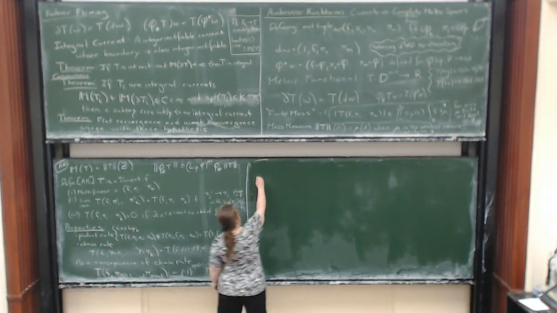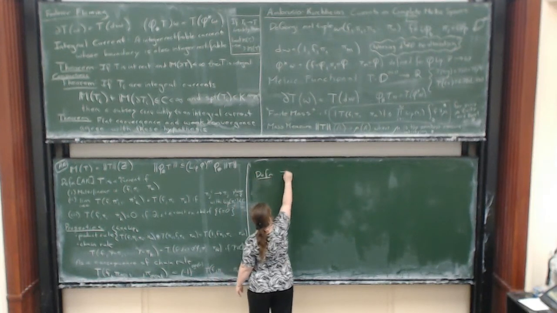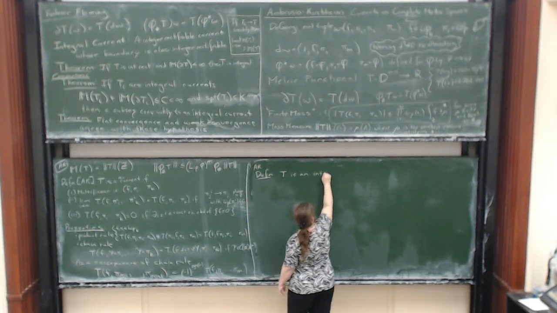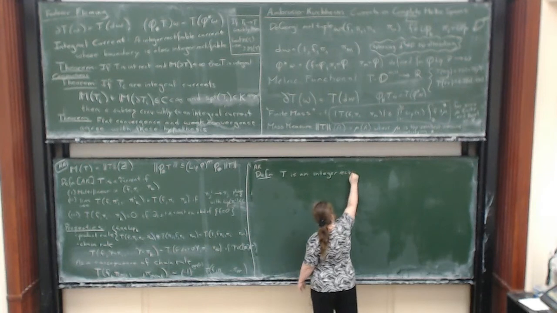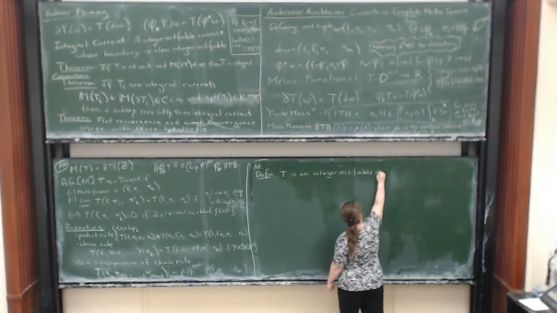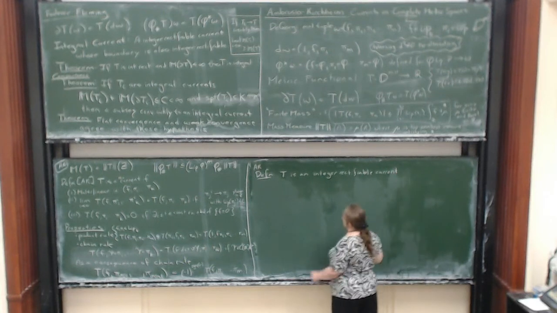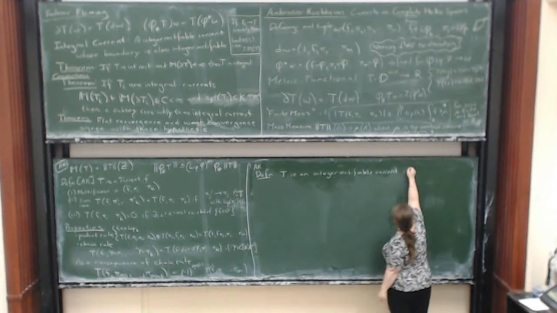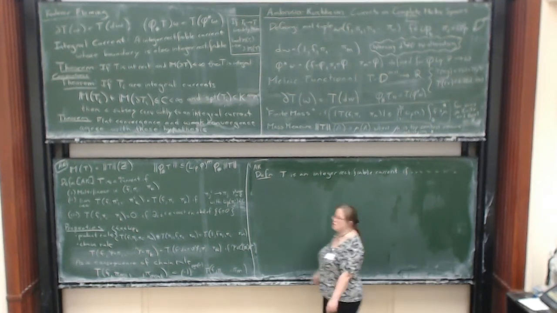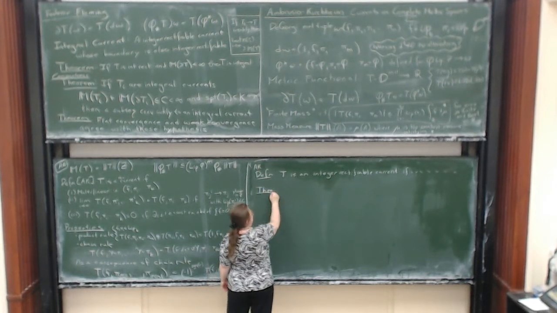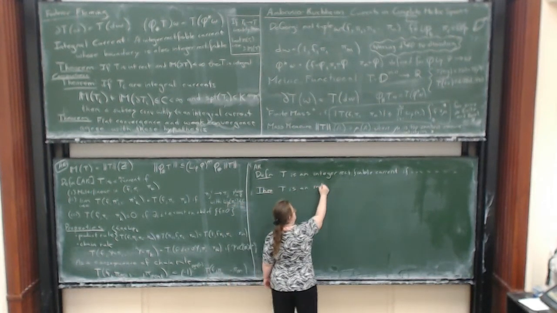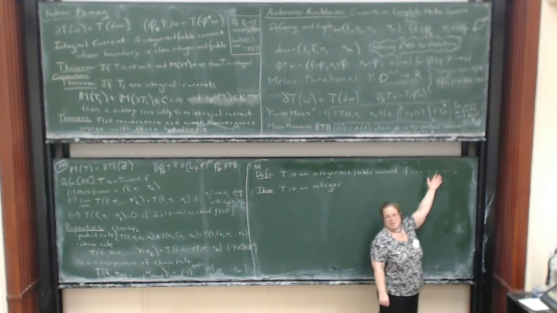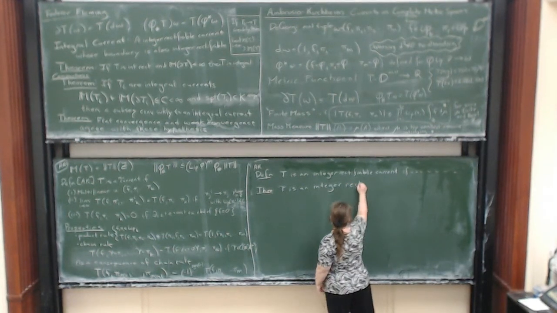So, definition. This is an Ambrosio-Kirchheim definition. T is an integer rectifiable current. Actually, I'm going to be fair, they give a very complicated definition. Blah, blah, blah. But they have a theorem that's easier to follow. Remember, it's a very simple statement that's easy to prove, but actually complicated to state. Okay. T is integer rectifiable if